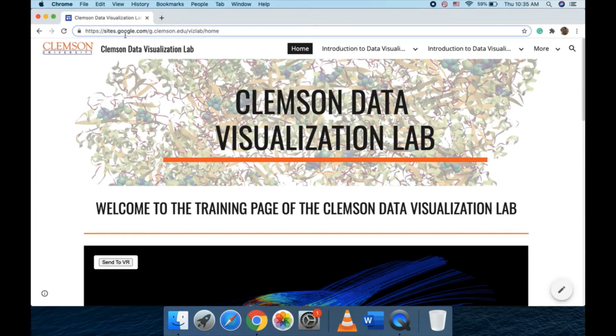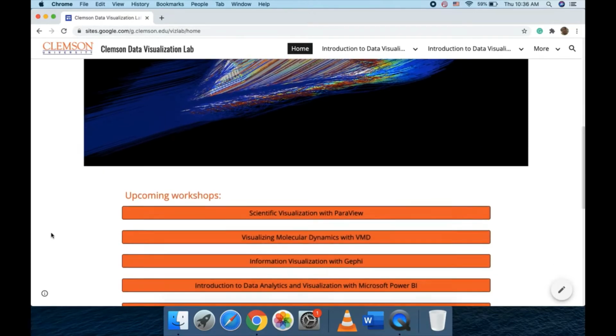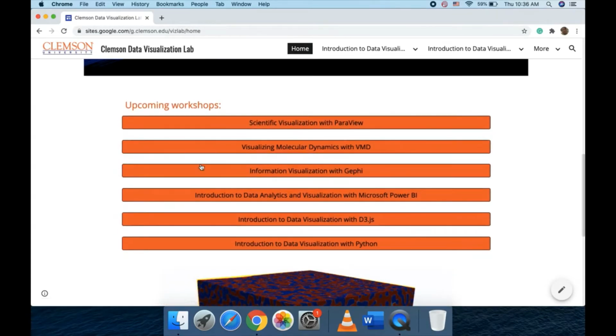sites.google.com, g.clemson.edu with home. You will find a lot of information about visualization, particularly about this workshop with Python or other workshops that we had in the past, like Microsoft Power BI or D3JS using JavaScript. On the home page, you will find all the workshops that we had, the materials here, and the recent workshop I will talk about today in this video is the introduction to data visualization with Python. So if you click here,